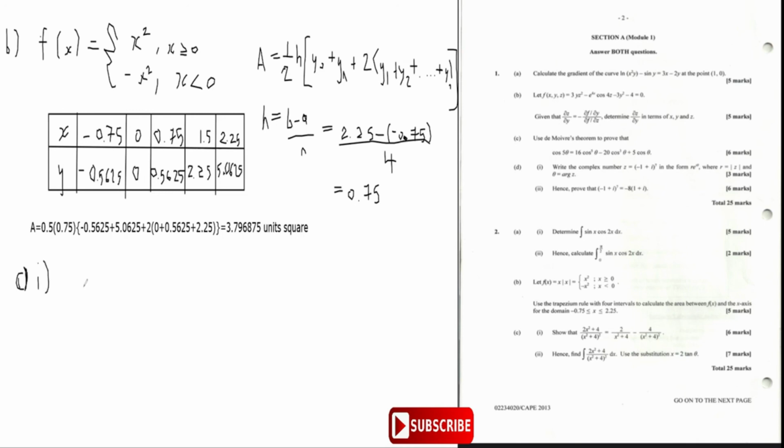So we need to show that 2x squared plus 4, all of this divided by x squared plus 4 all squared, is equal to